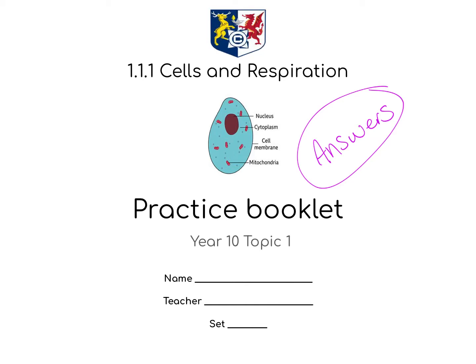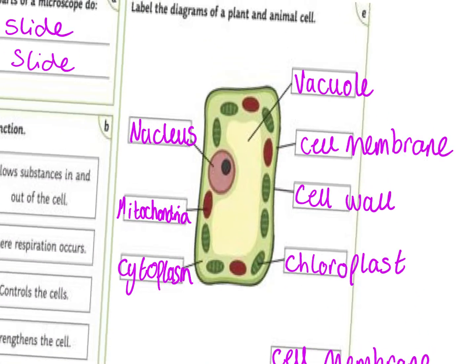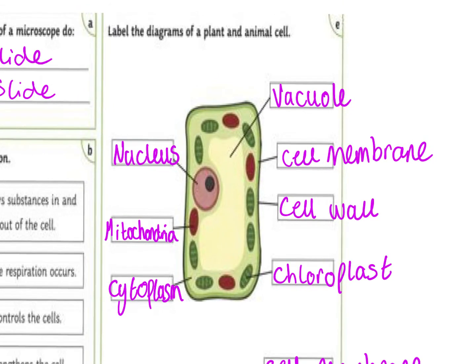So this is 1.11, chem, cells and respiration. The first question was to label a diagram. I know yours is in black and white, but look at the really key points of the plant and the animal cell. Okay, so there's the nucleus, mitochondria, chloroplasts are always going to be green, cytoplasm is the